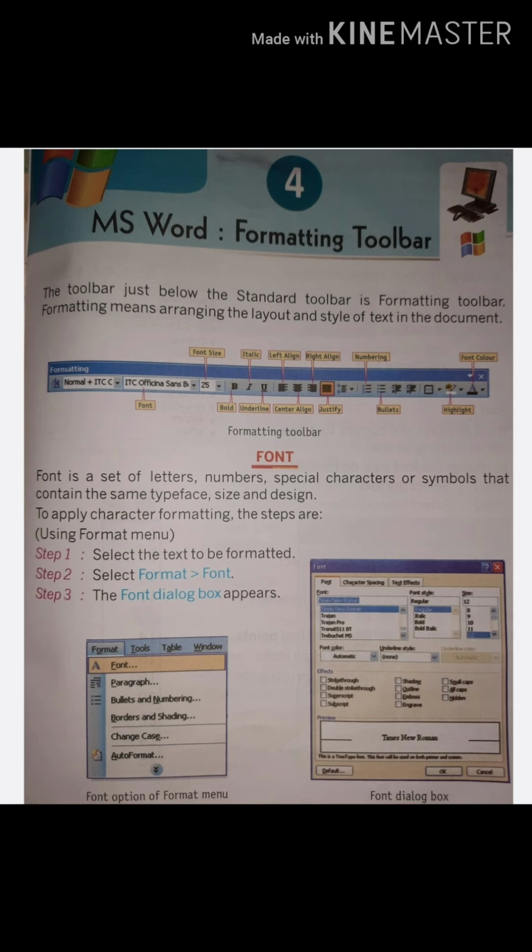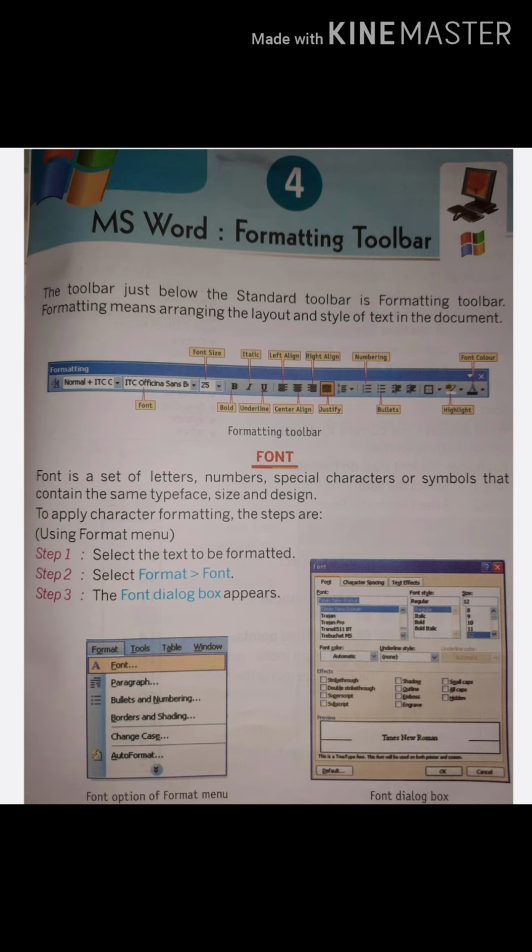Numbered list. To number the points or items in your document, you can use a numbered list. To create a numbered list, do the following steps. First step is position the insertion point from where you want to begin the numbered list in your document. Second, select Format, Bullets and Numbering. Third, the Bullets and Numbering dialog box appears. Fourth, select the Numbered tab. Fifth, on the Numbered tab, click the style box for a particular style that you want to use for the number to list your items. Then step 6 is click OK.